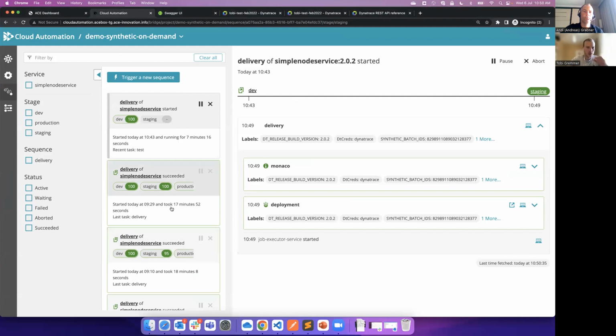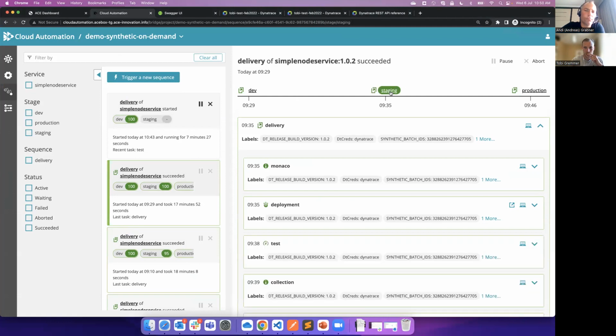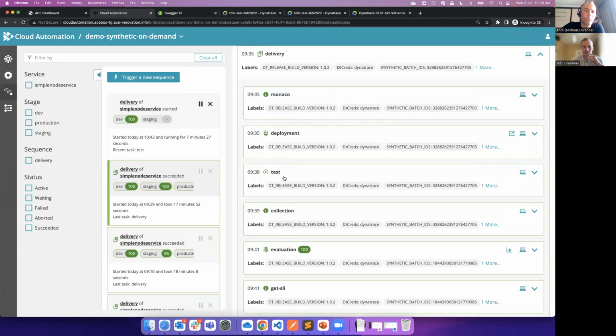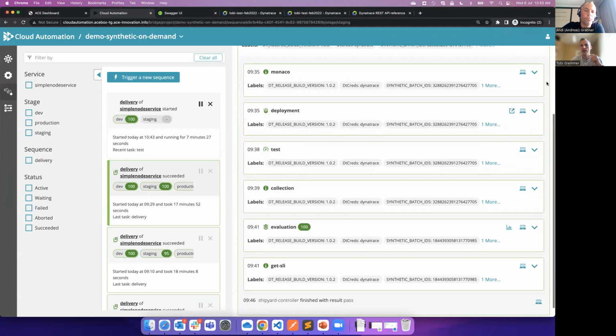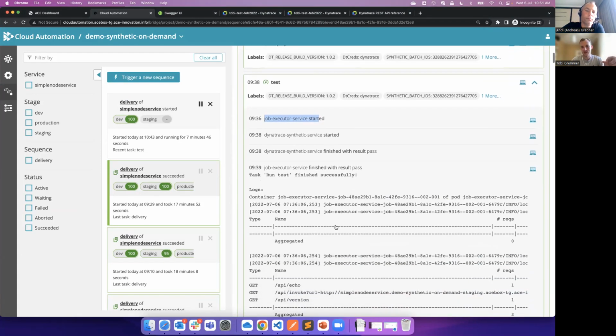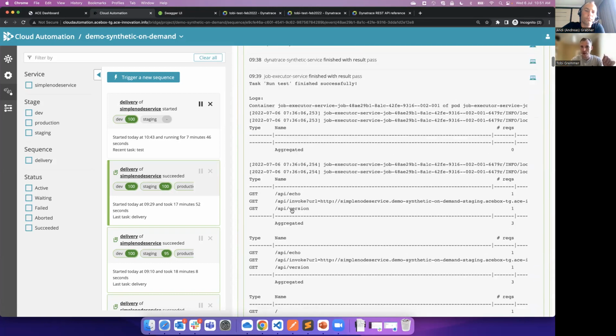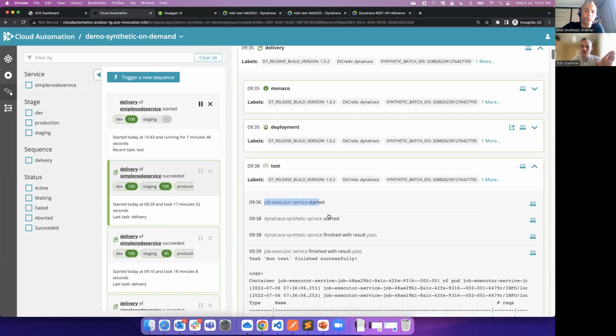So I'll look into a historic evaluation, for example, the one that we had here. So it waits, it tests, and now what the test is doing is actually running the scenario, the use case that I mentioned earlier. First of all, the job executor service here is running a basic Locust load test, right? You're probably familiar with that output if you've worked with Locust before. It's running a very basic load test, but in parallel, my synthetic service is started,